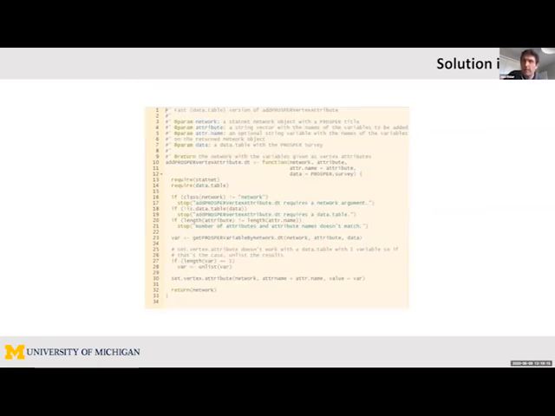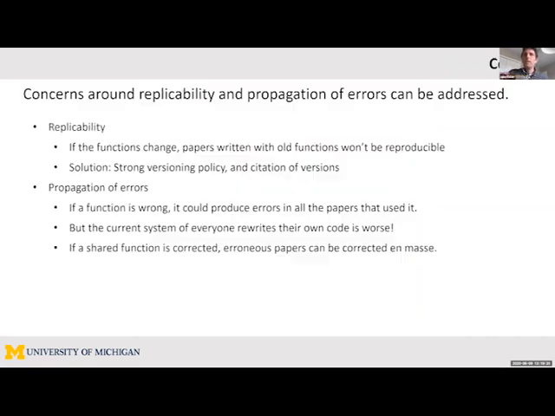The second function calls that first function, gets the set of variables, and then assigns them as a network attribute, which is an R-specific data construct, and then returns that network for you to do analysis. So hopefully this seems plausible to you.